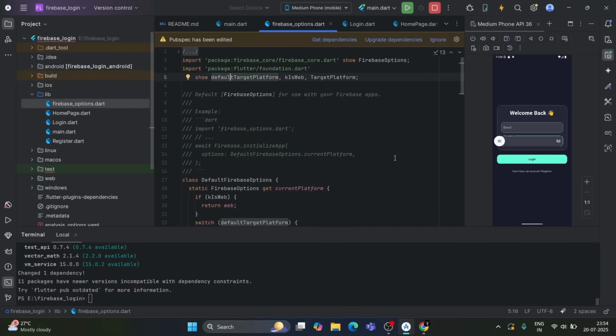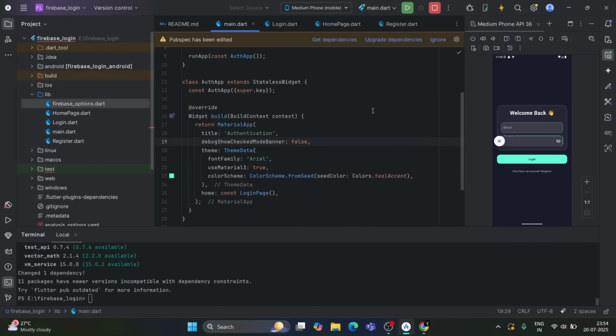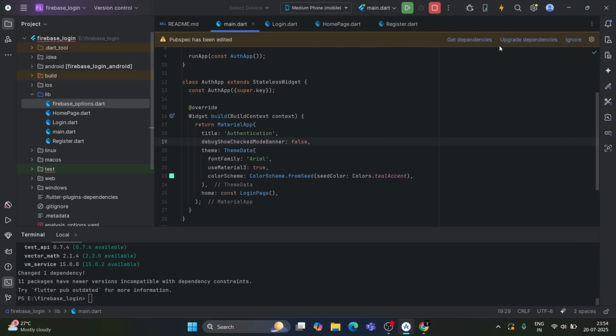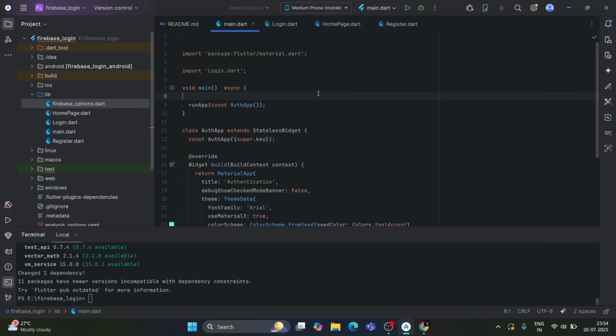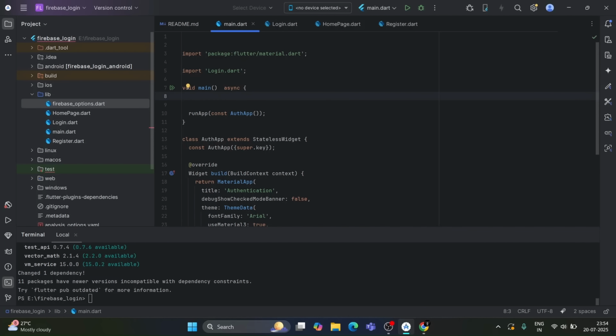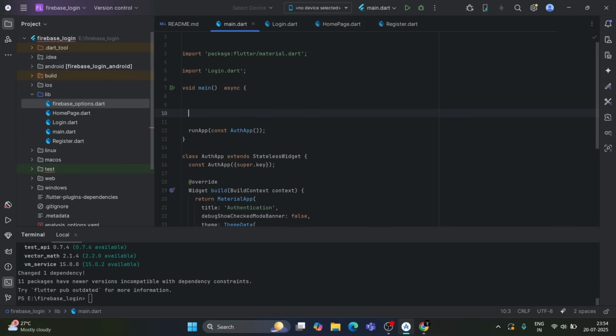Also, just a quick reminder: the Firebase configuration file, like google-services.json for Android, is generated when you connect your Android project to Firebase. So you don't need to open or change anything inside this file. For that, open your